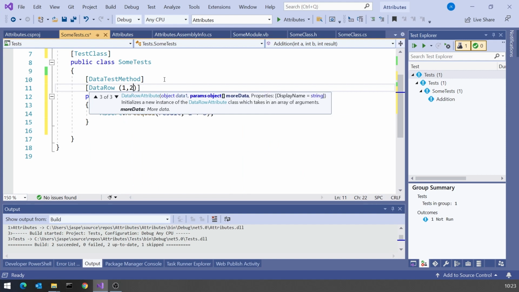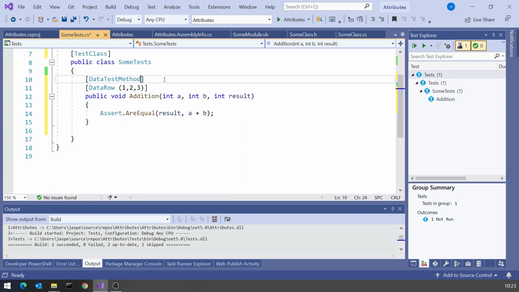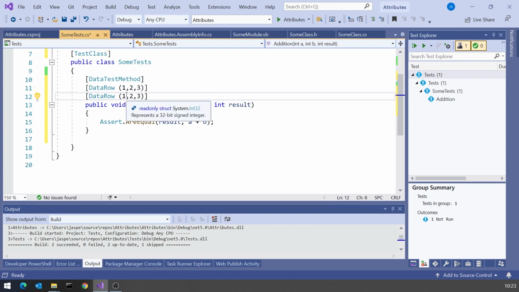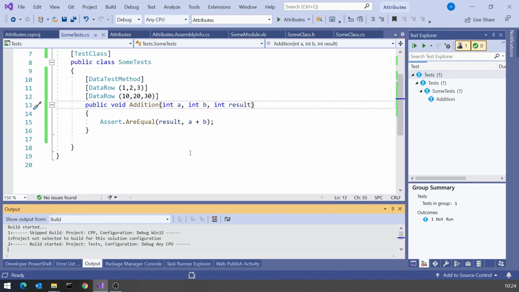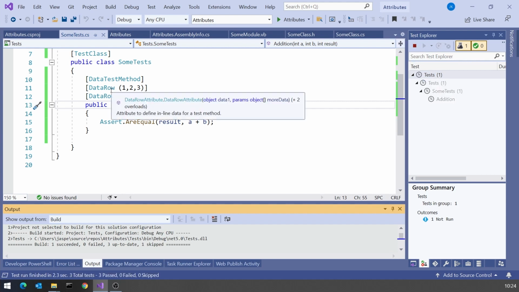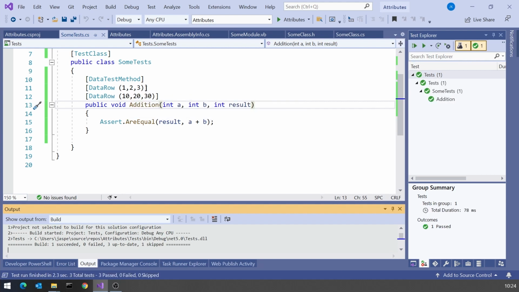So here I could do 1, 2, and 3. And then I could do another one, 10, 20, 30. And if we run those, they should all pass. But you can see we've now got multiple tests based on the one method, because we've also got these attributes that can take these parameters. So the fact that attributes can take parameters is another very useful feature that we'll be looking at when we write our own. But it's really where they become very powerful indeed.